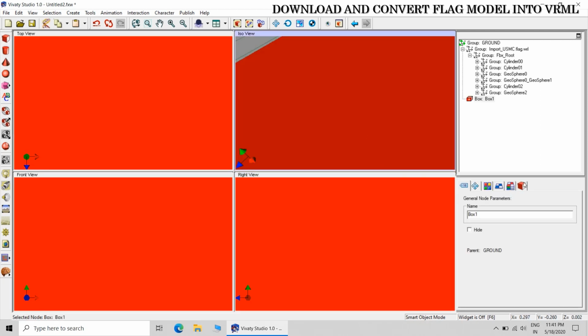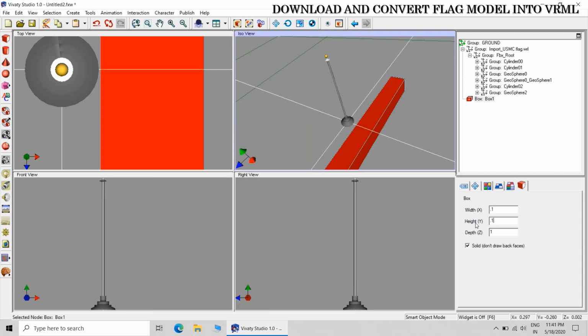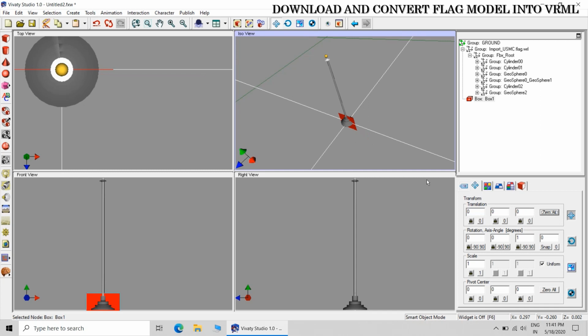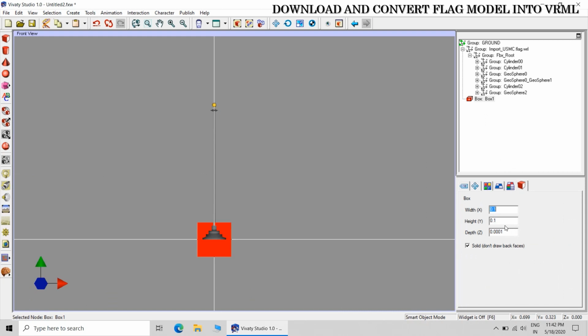So I will be creating my own flag plane, say of 0.1 thickness, 0.1 thickness, and 0.1. Initially this is the box, this is a perfect size, only the depth should be 0. Okay, this is a perfect plane. Now we will bring this plane to absolute 0 0 position. Now keep the plane at absolute 0 0 position and you can move the rest of the things.